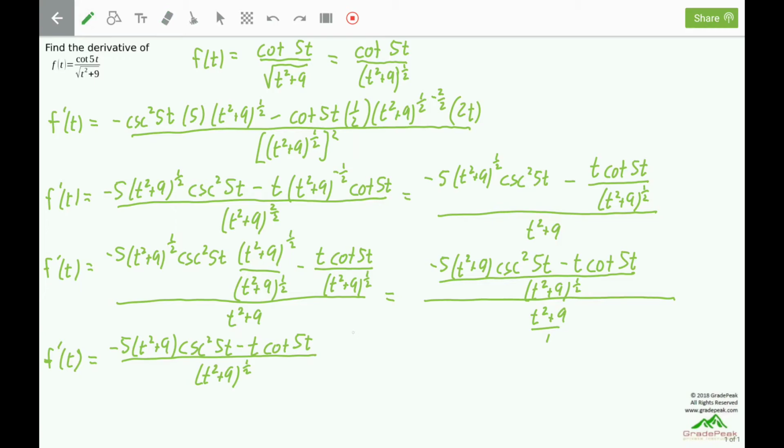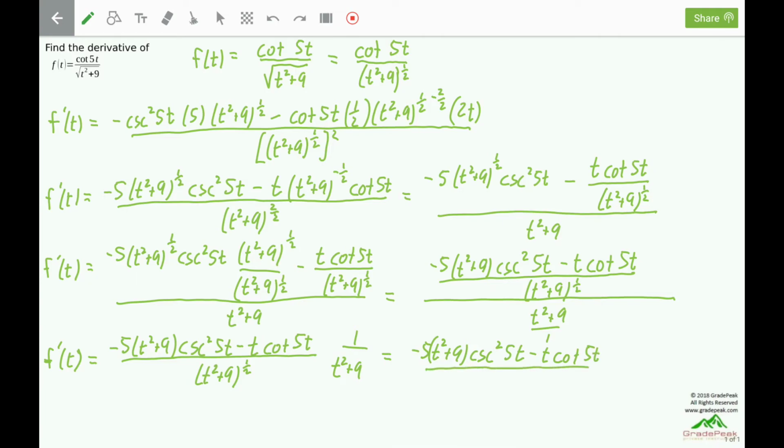Reciprocate the denominator, so that'll be a 1 over t squared plus 9 to the 1. Now I'm going to multiply these. In the numerator, we just multiply the numerators, and 1 times anything is that same thing. So the entire numerator will be as is. So minus 5 t squared plus 9 cosecant squared of 5t, and then minus t cotangent of 5t